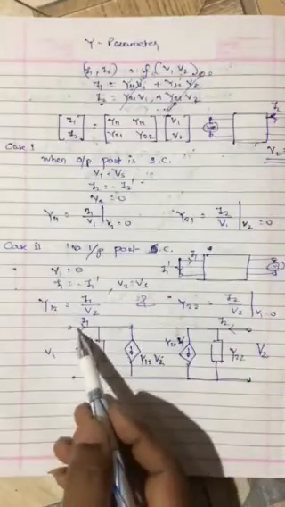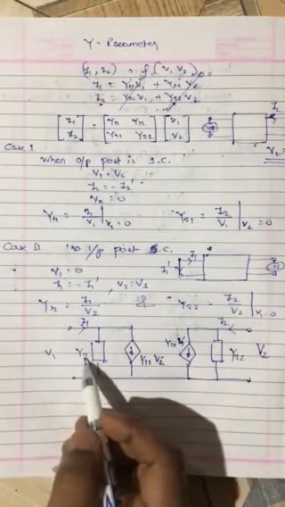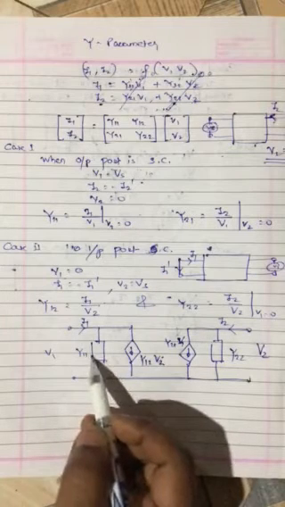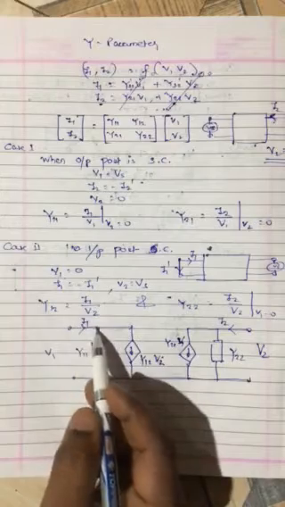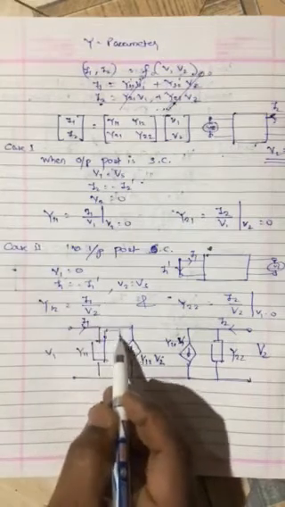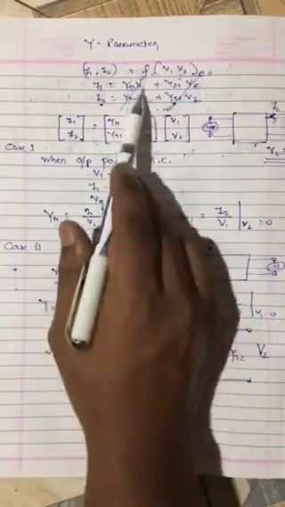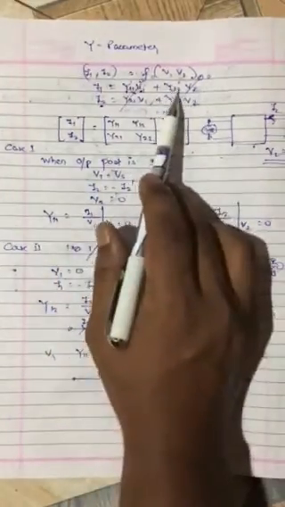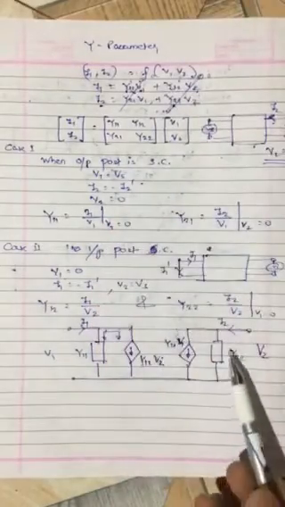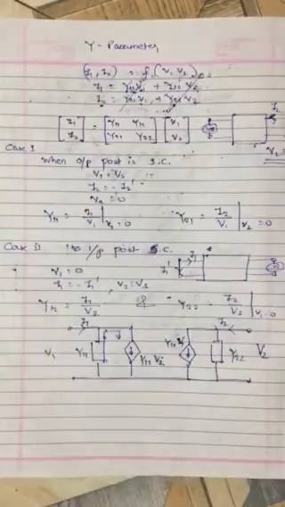Okay, so you can see that what is I1? I1 is nothing but this is admittance, right? If it is impedance, then I can say voltage by impedance. If it is admittance, then it is voltage multiplied by admittance. So I can say I1 equal to this current plus this current, right? So this current is V1 into Y11, and this current is directly Y12 V2. So we got equation. Similarly, you can apply KCL over here, and you can get second equation. This is the equivalent circuit.